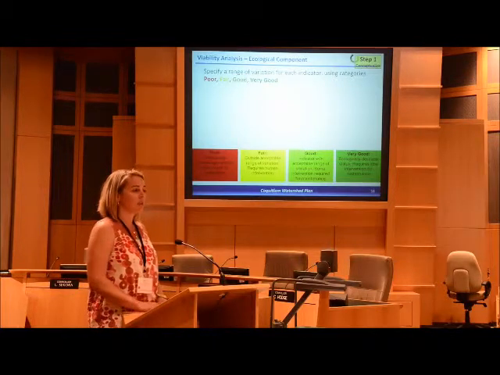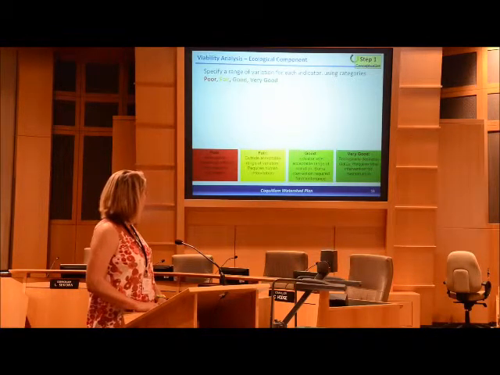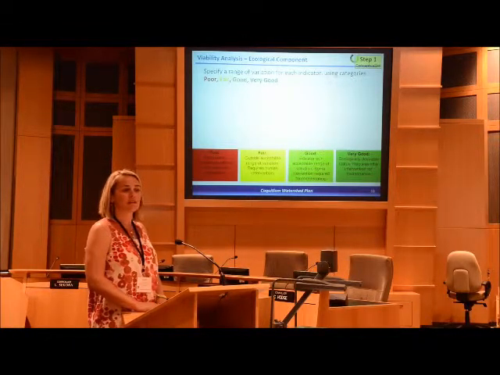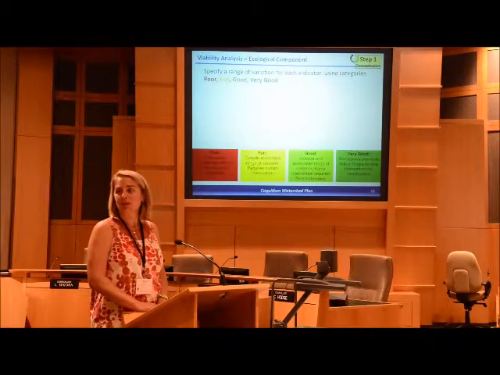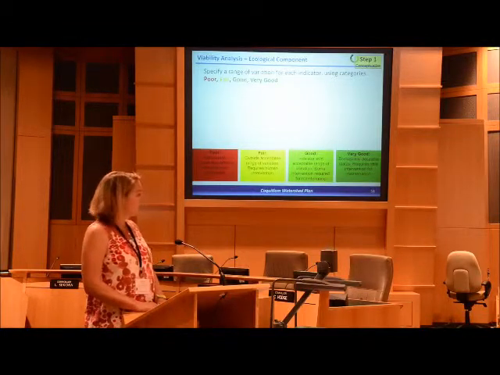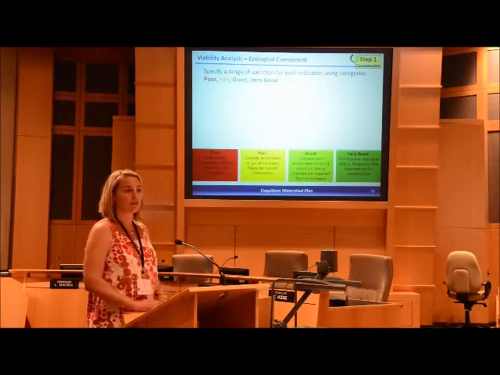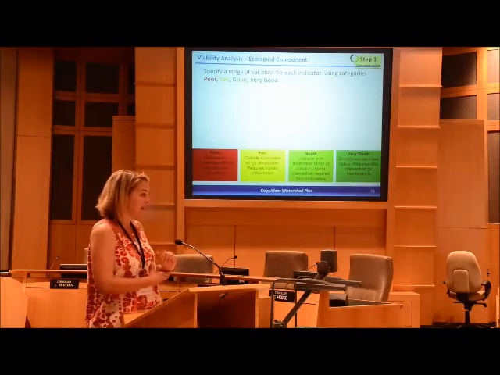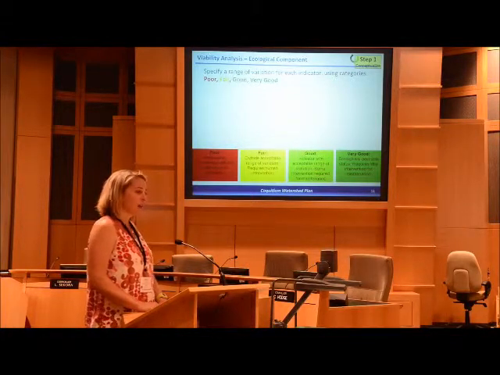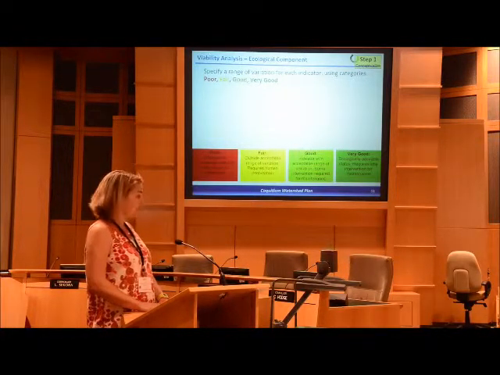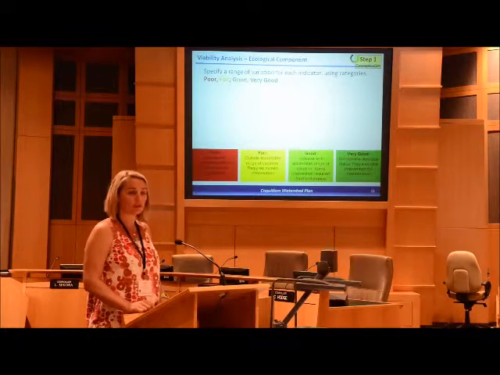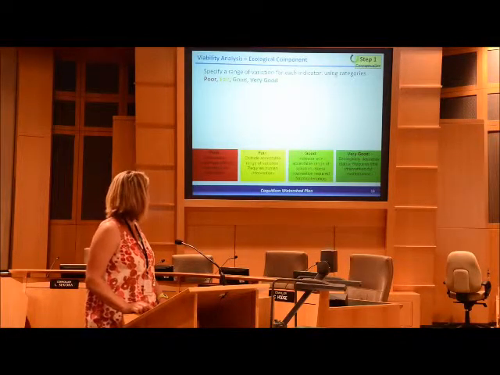For ecological components, we put healthy within the context of acceptable range of natural variation. This is very pie in the sky because often we don't have an idea of what natural variation for some of these things is. But we do our best for the information that we have. Very good is often looked at as historic values. Good is within natural range of variation but requires some intervention. Fair is outside the range of natural variation and definitely requires human intervention. And poor is restoration is becoming increasingly difficult and could result in extinction or extirpation.